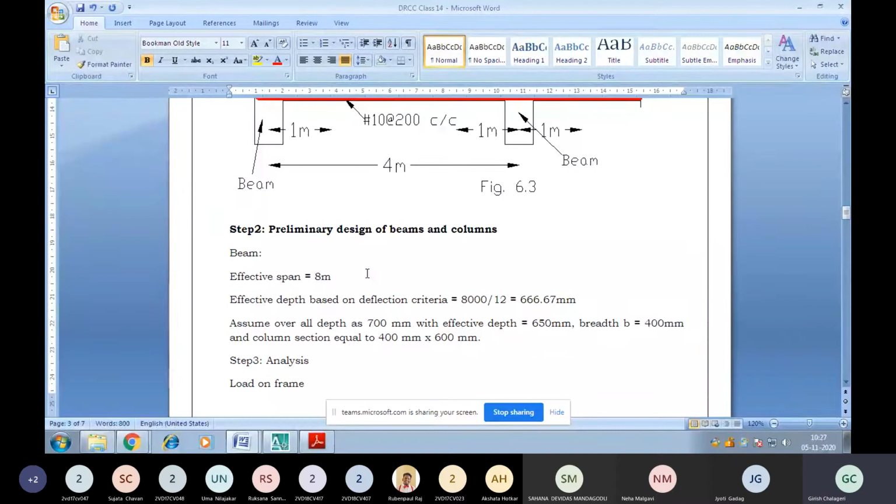The width of the beam is fixed as per the column here. So before giving the width of the beam, let us select the column section. For the column section, we are selecting the size of 400 by 600, where 400 is the width and 600 is the length. So the width of the column will be equal to the width of the beam. For the beam we are giving depth as 700, and let's assume the width of the beam as 400. So the beam size will be 400 by 700, where 400 is width and depth is 700. Similarly, the column section will be 400 by 600.